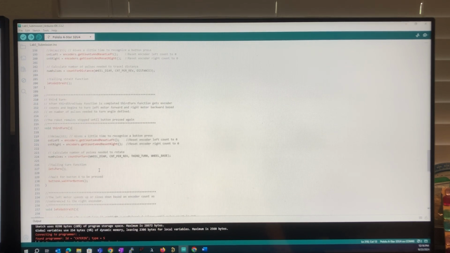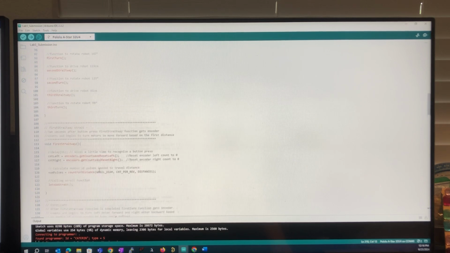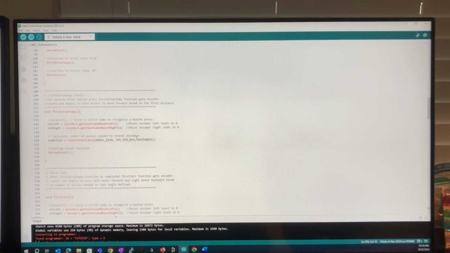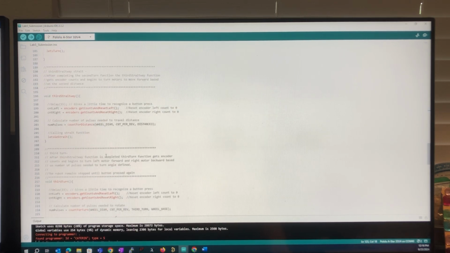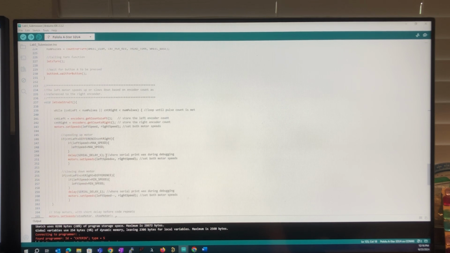We will then use that to determine the number of pulses that we need to go exactly 100 centimeters. So then I will call a let's go straight function. This let's go straight function is going to be the same for the first, second, and third straightaway functions. So we'll look at that real quick. In the let's go straight function, while this condition is true, being that the left or right motor counts are less than the number of pulses needed for 100 centimeters, we will be going through this